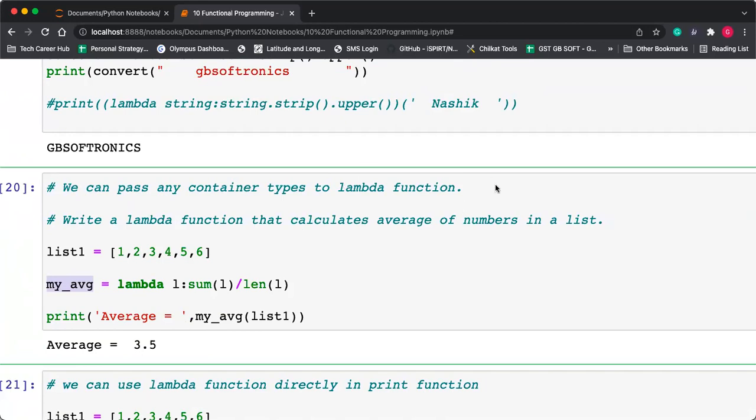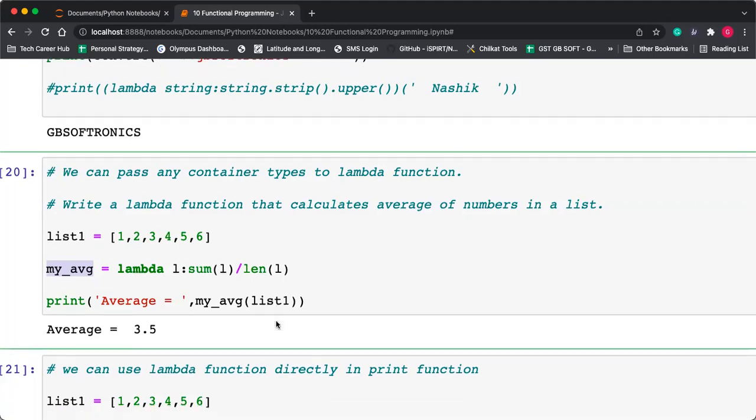Otherwise, ask me a question, or ask me to implement any program using the lambda function. Yes, Aditya has understood. What about others? Type lambda if you understood.